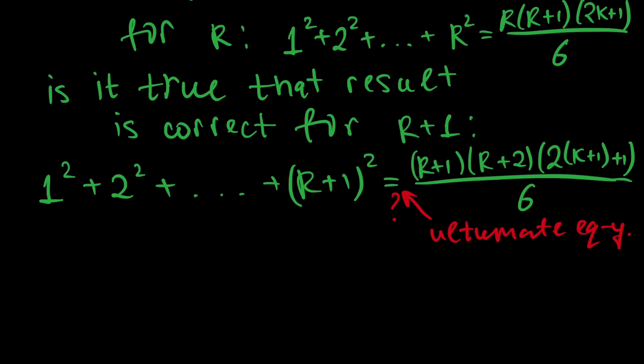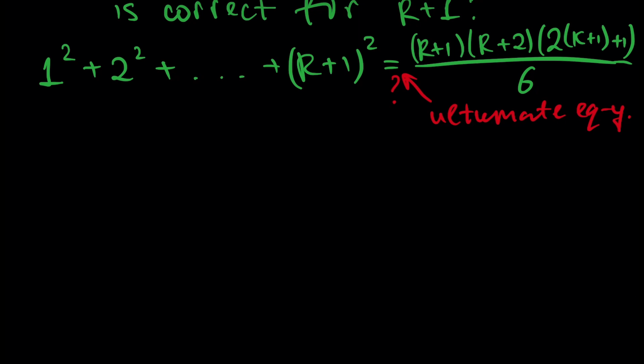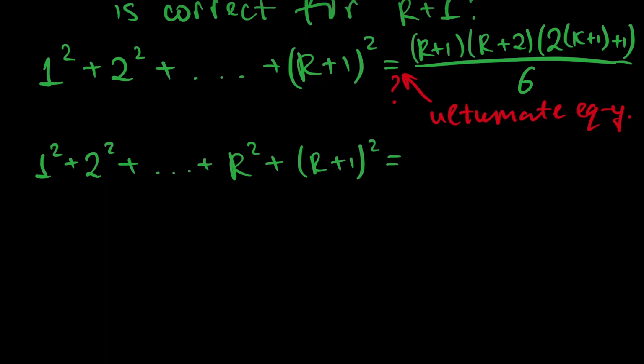So we just have to prove this final ultimate equality. Let's do this. Let's rewrite this: 1 squared plus 2 squared plus so on k squared plus k plus 1 squared is equal